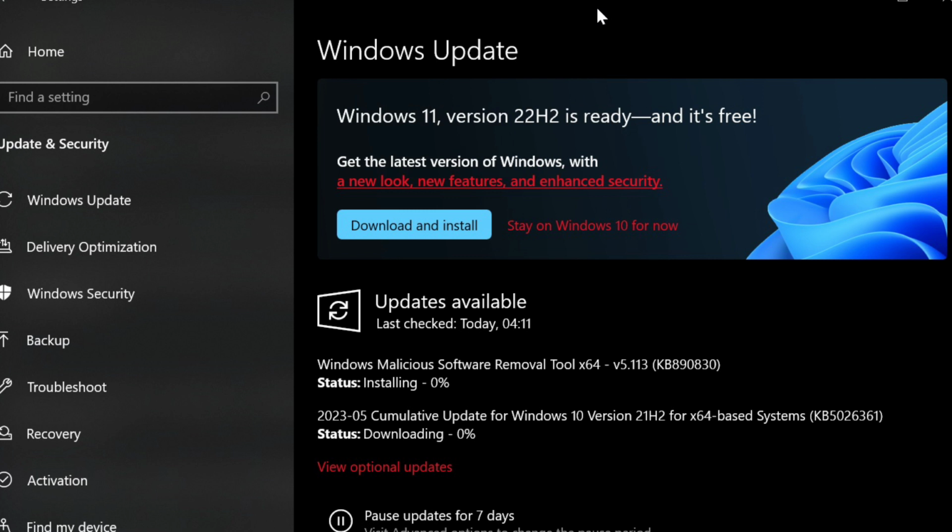2023-05 Cumulative Update for Windows 10 Version 22H2 for x64-based Systems (KB5026361). 2023-05 Cumulative Update for Windows 10 Version 21H2 for x64-based Systems (KB5026361). KB5026361 build